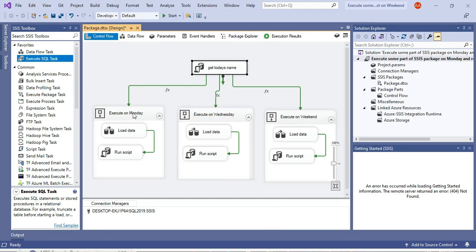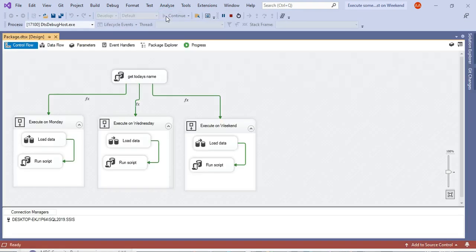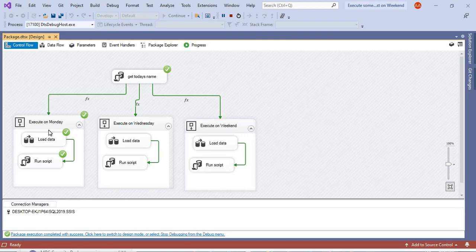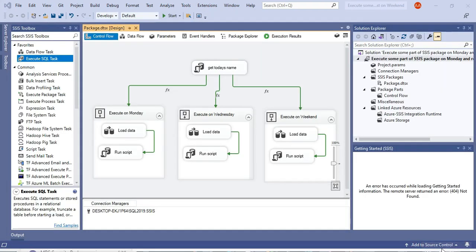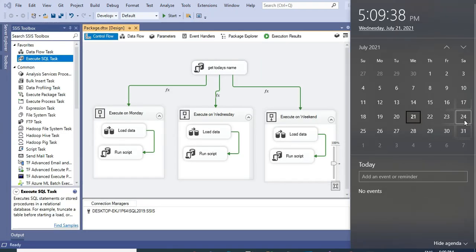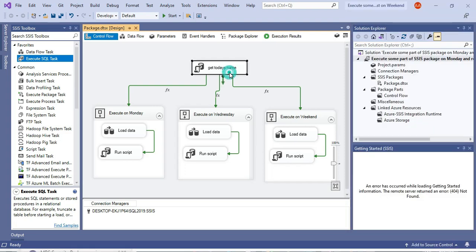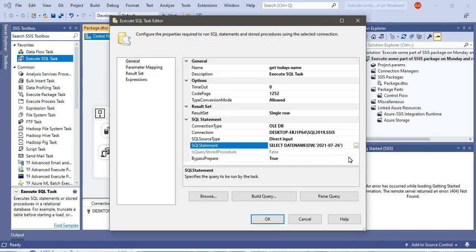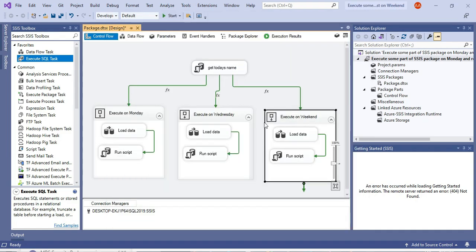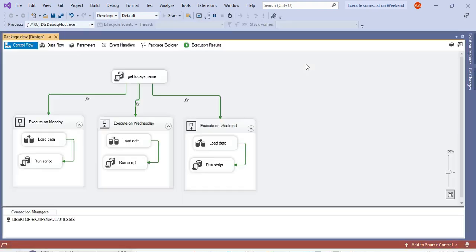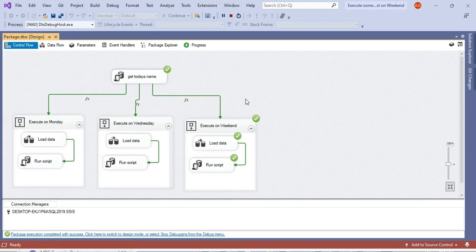Now it should execute on Monday. I'm just testing it, but you should put the GETDATE value there. So you saw that it executed the Monday part. Similarly, if I want to test for weekend, so weekend is lying on 24 or 25, so let's try to put 24 here. If I put the value 24 here, then the last code should be executed. Just click on start, and now you can see that the last part got executed. So I think it's working fine.